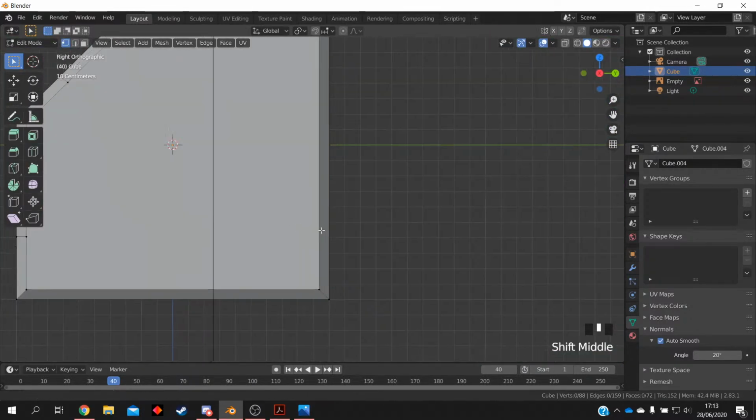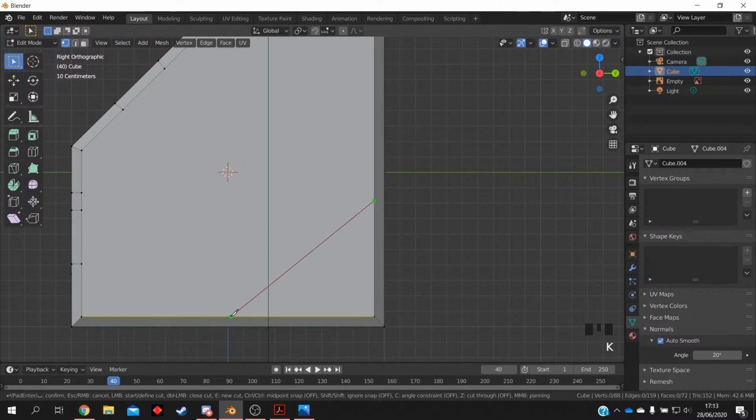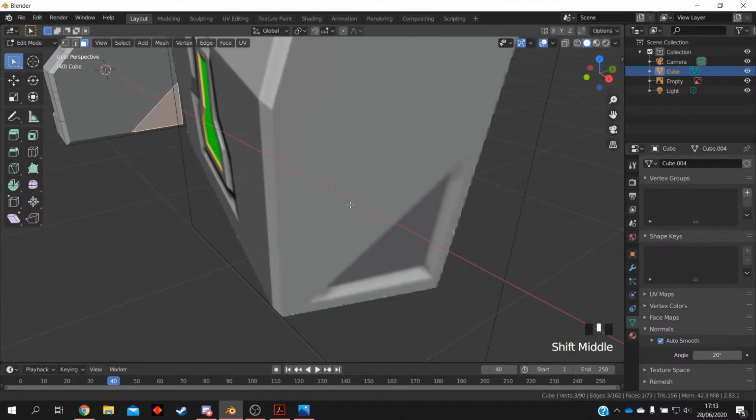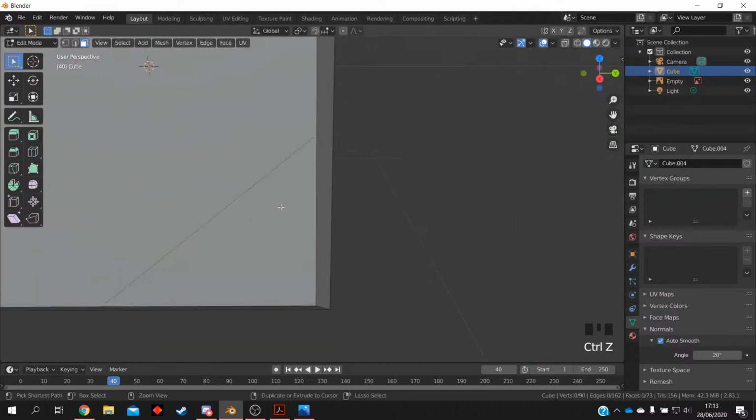So then you can just go over here, knife tool, cut this detail in, press enter, then 3 for this. Let's see how this looks. Oh wait, no, I'm doing it wrong. Alright,